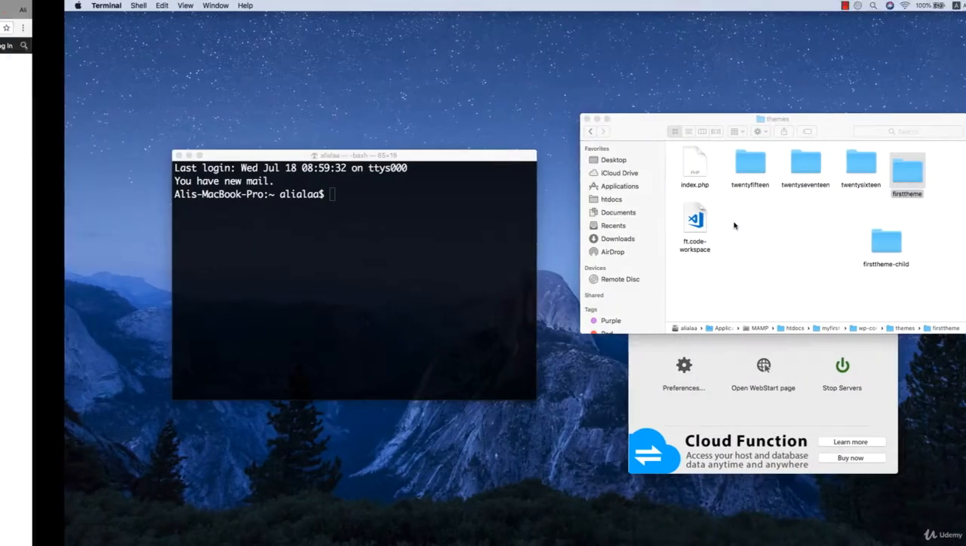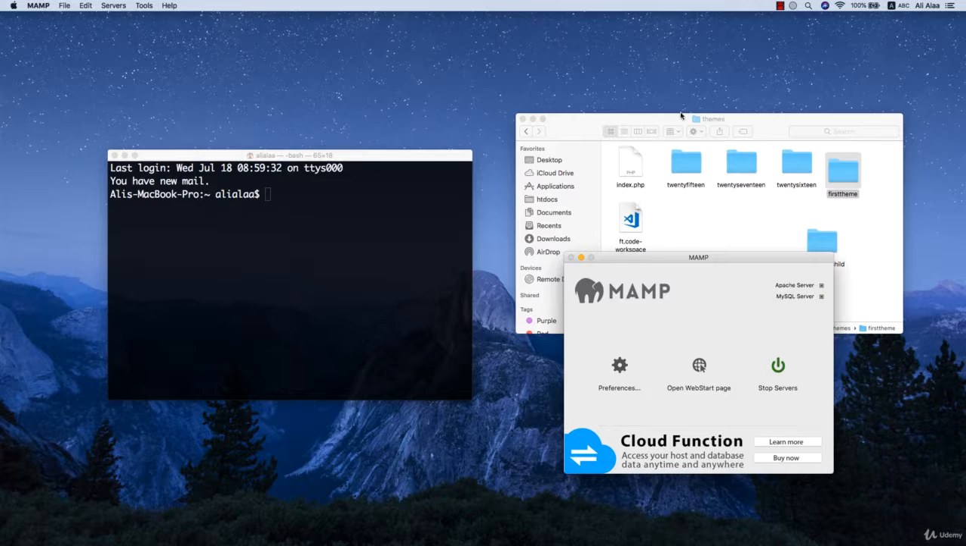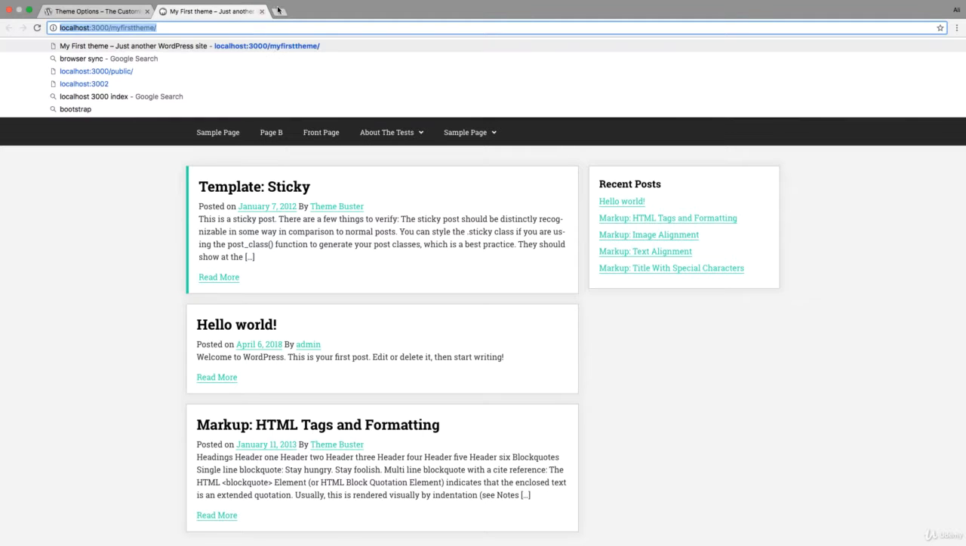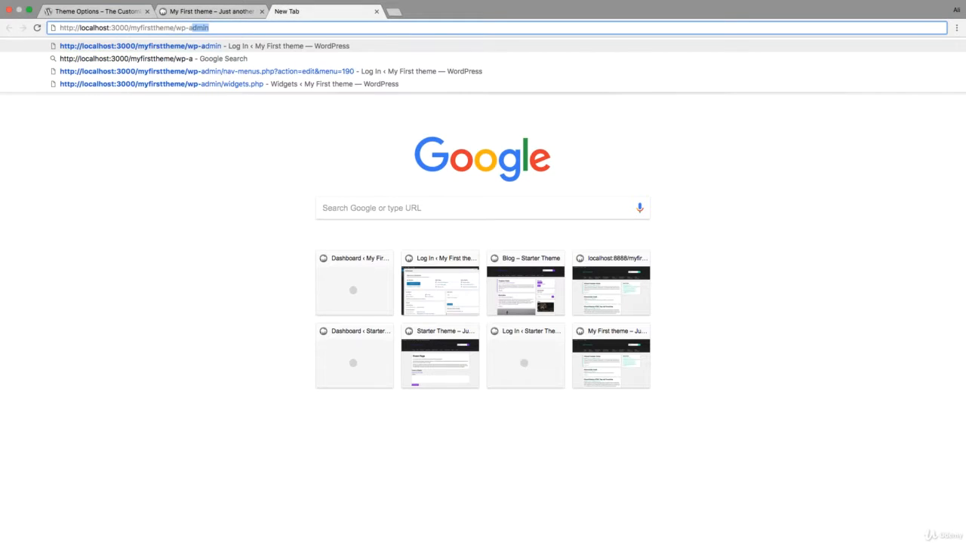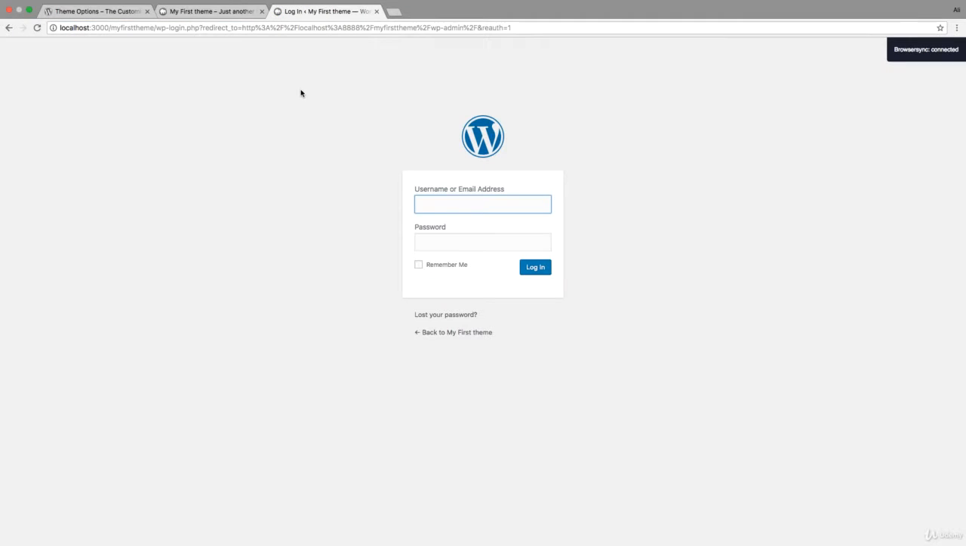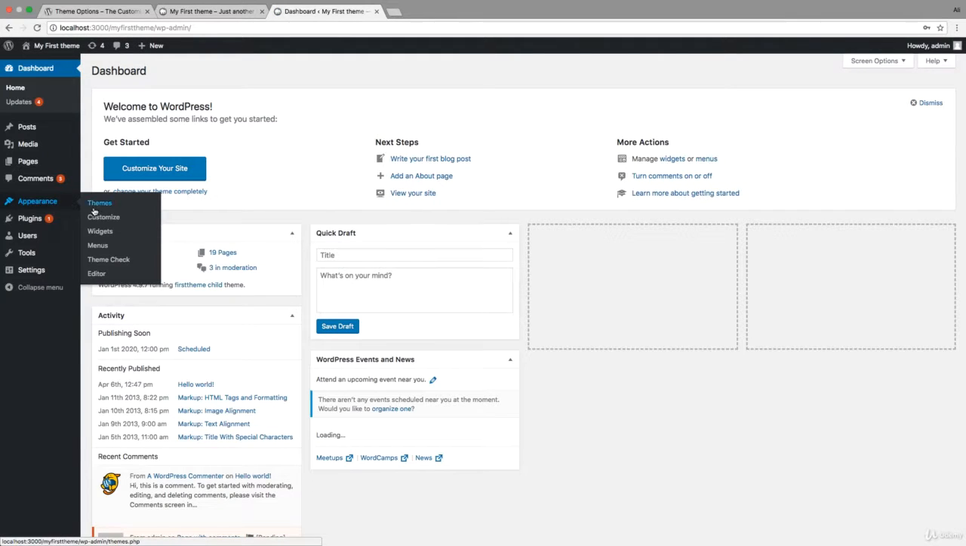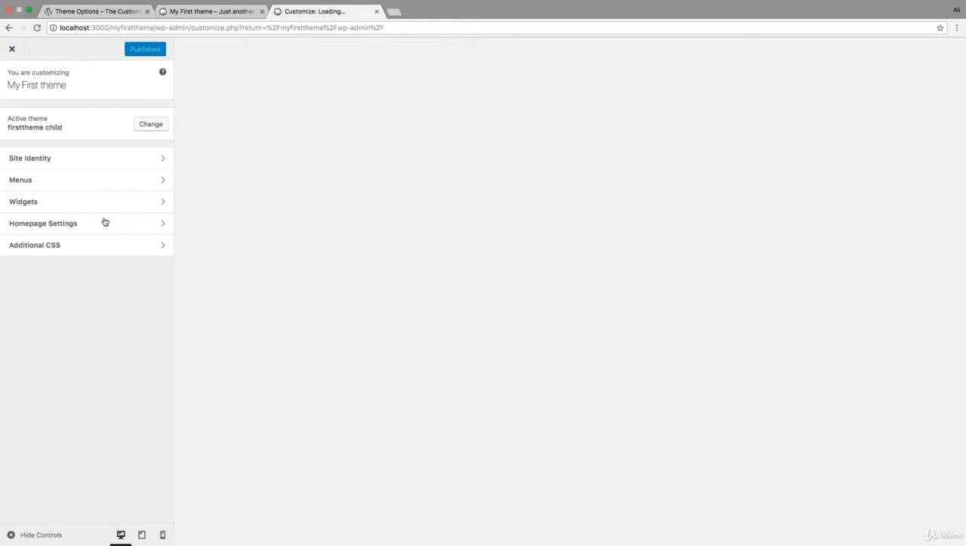So let's open our website, and always make sure your MEMP server is open. I have mine opened here, and I'm going to change to my theme and run npm start. And let's open a new tab, the wp-admin, and let's go to Appearance and Customize. If you're using the Gulp and BrowserSync that we set up, you'll get this blank page,